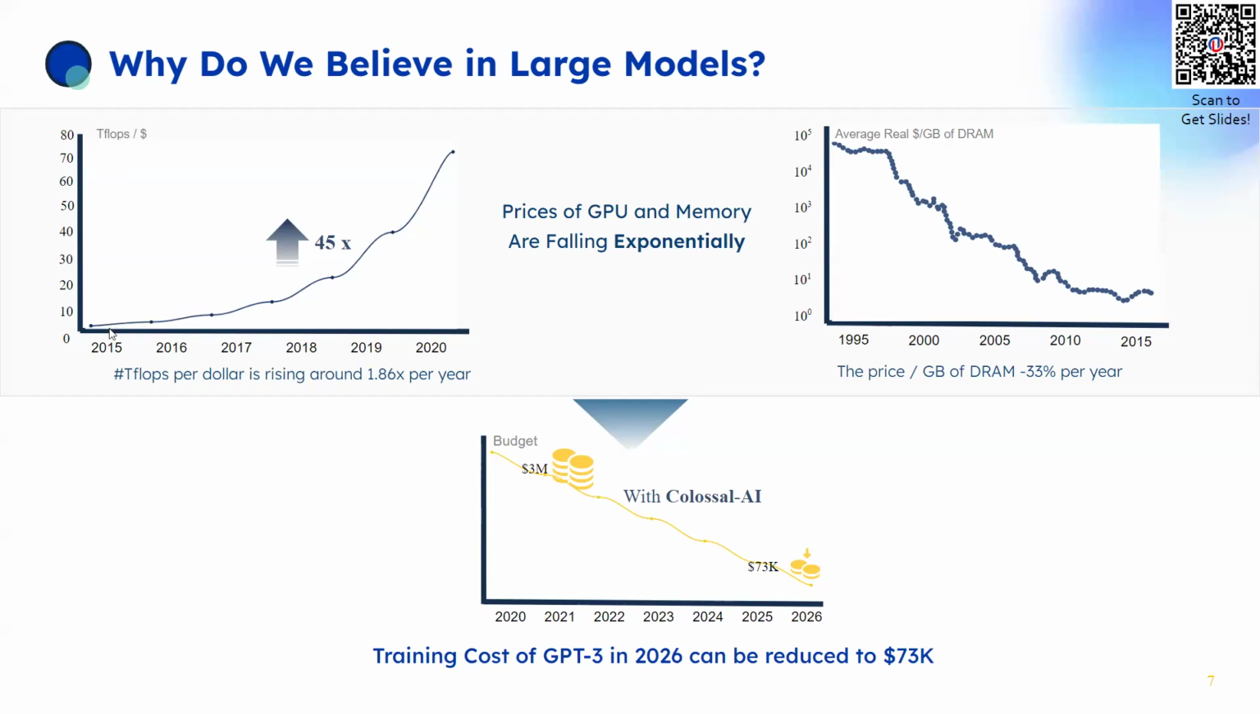Actually, from 2015 to 2020, it increased 45 times. That means our hardware is becoming cheaper or more efficient. So as the hardware is becoming cheaper and we can make full use of this hardware performance, we predict